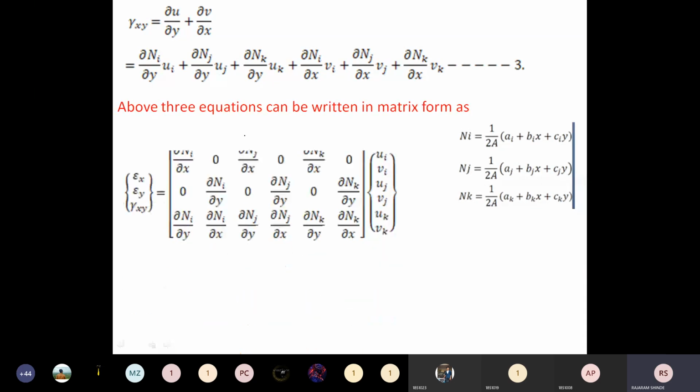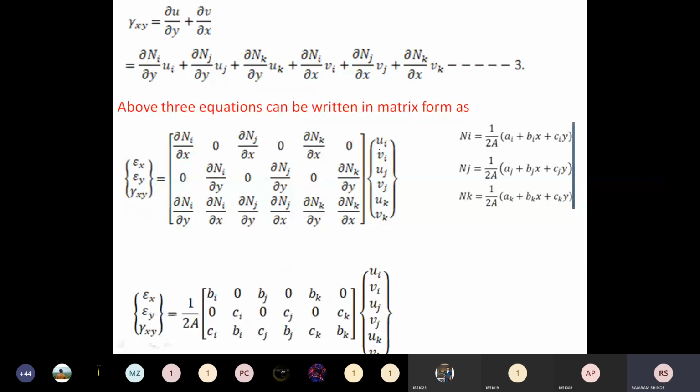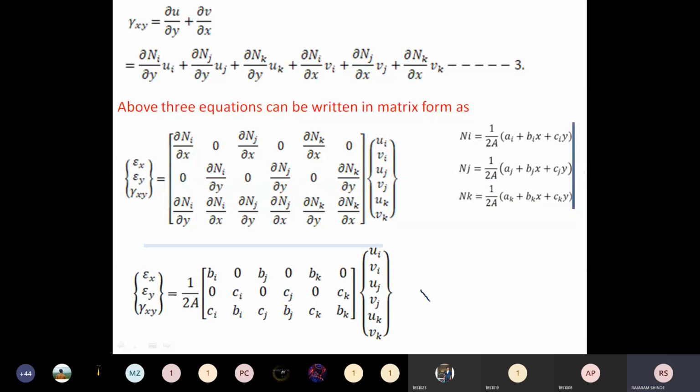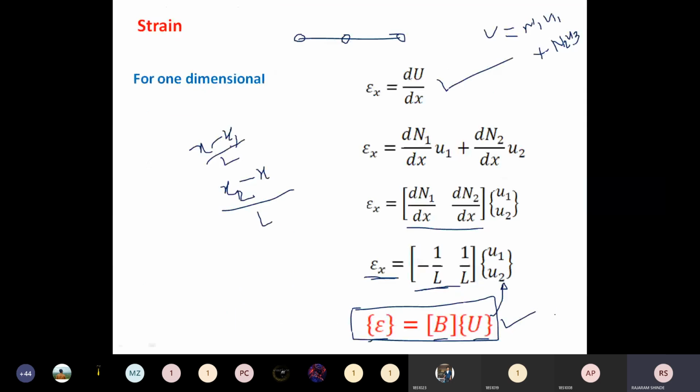Here the above equations can be written in matrix form. You see this one and you will get this one. Okay. Now this equation also can be written in matrix form like this. Here already I have told you strain is a matrix for this one. This is a one column matrix, and you see here epsilon is equal to B into u, and the same thing you got for the one dimensional case. Epsilon is equal to B into u. The only thing is, in that element epsilon is only epsilon x, B is minus 1 upon L, and this u is equal to u1, u2.